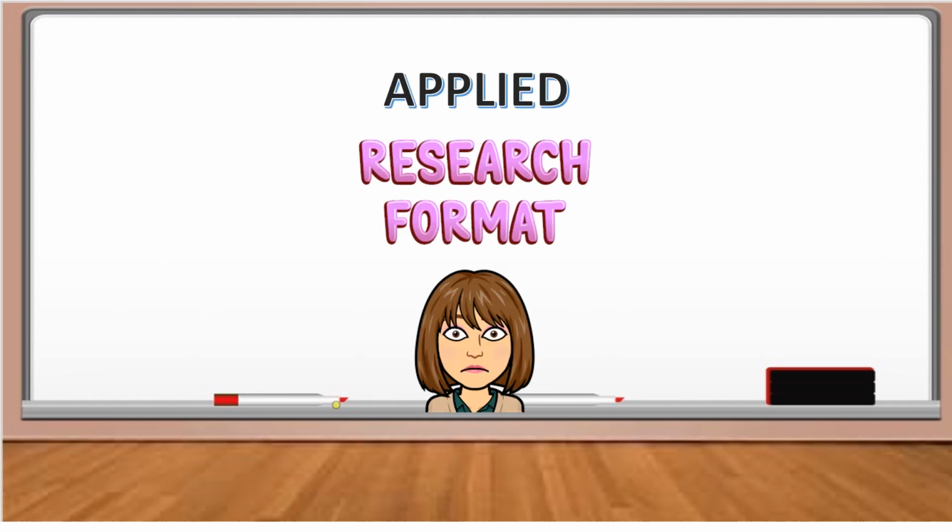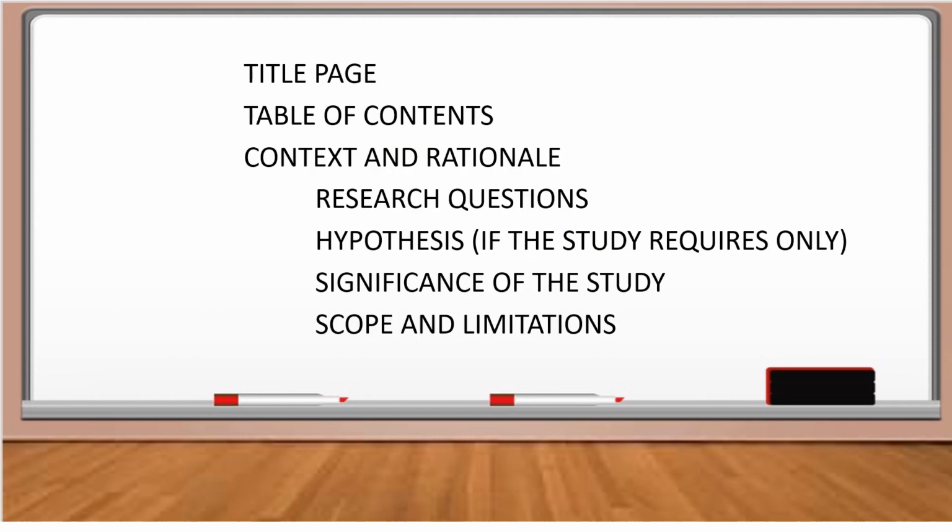Now, what is the format for an applied research? For the applied research format, same with the action research, it has a title page, table of contents, context, and rationale. Under this, we have the research questions, the hypothesis if the study requires only, significance of the study, scope, and